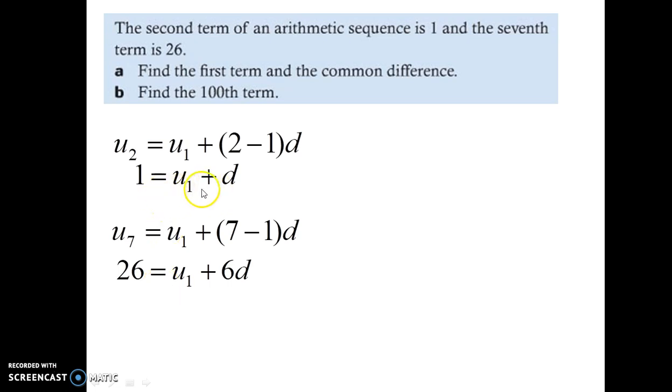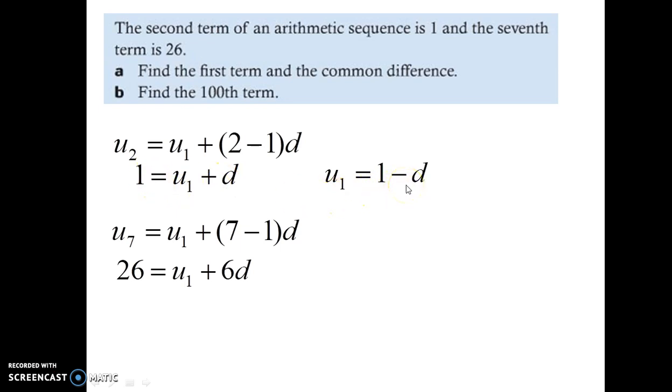And notice these two equations are two equations with the same unknowns, u1 and d here. So this is basically a system of equations. We can solve it by substitution or elimination. I think substitution in this case is easy. I'm going to take this one and I'm going to solve for u1. To solve this for u1, I took that d, I moved it over there, so I end up with u1